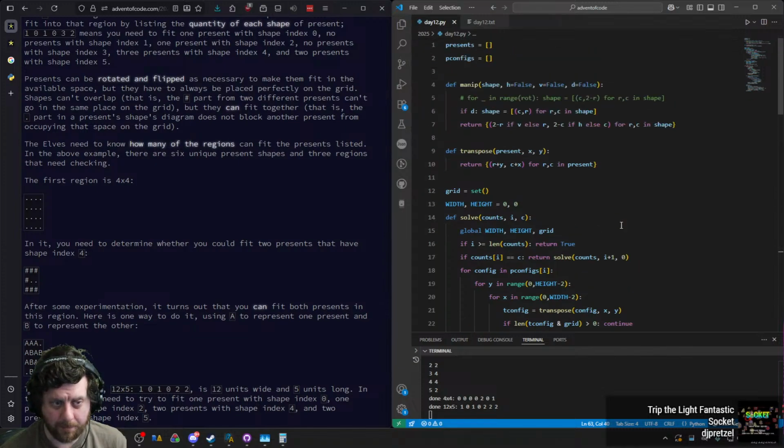Okay, so I think my next step to really improving this is to do this as bit fields. I don't love it, but